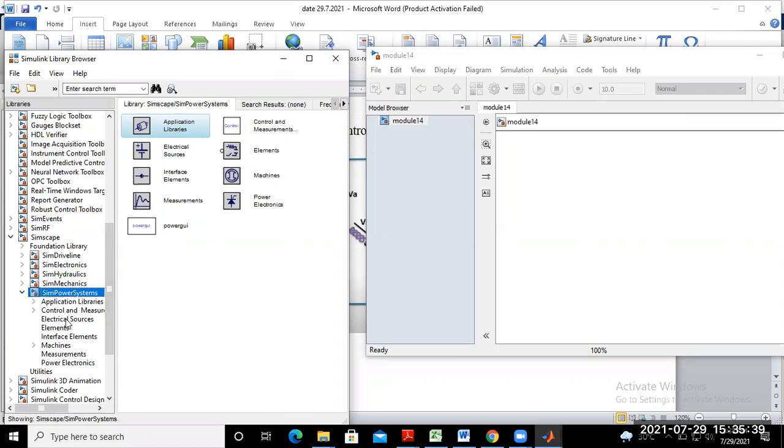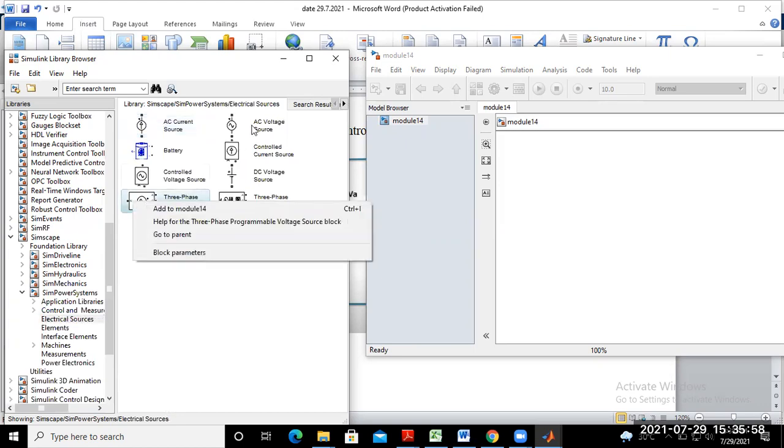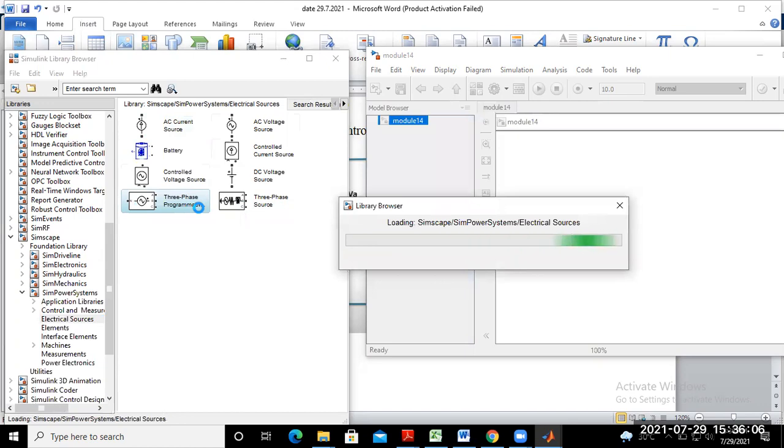Go to electrical sources and click on it. Various types of electrical source are available here. You may choose accordingly. We require a three-phase source, or you may take three single-phase AC sources, whatever you want. So click on this three-phase source and add it to model number 14.